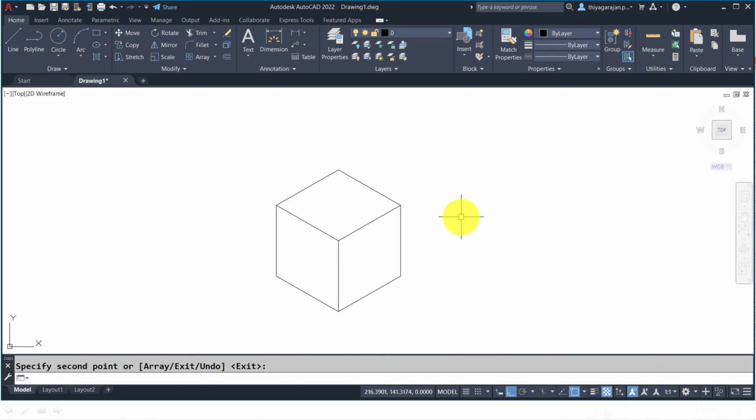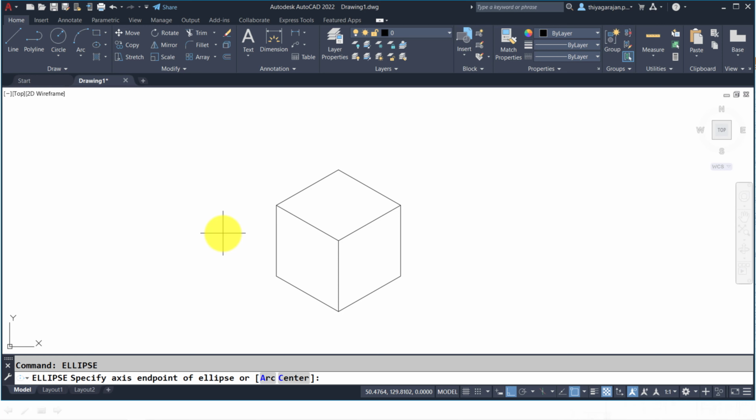As I said before, circle and arc should not be used. I should use the ellipse command. If I go for the ellipse command, again arc and center is coming. There is no option called isocircle. We have to get the isocircle option here. Okay, it is not coming. Why is the isocircle option not coming here? Our mode, or our drawing screen, our drawing area is in the standard mode, or I can say orthographic mode. I have to shift this to isometric mode.